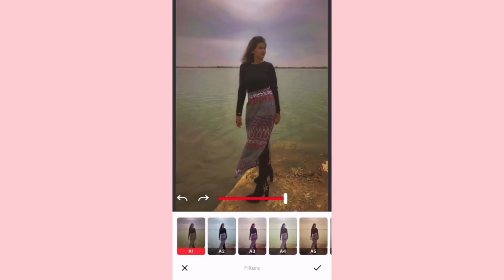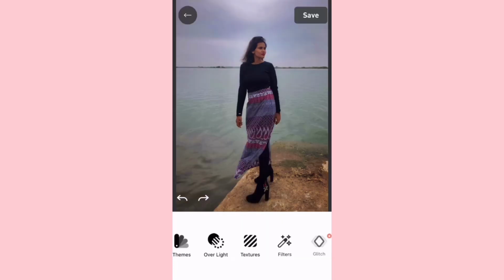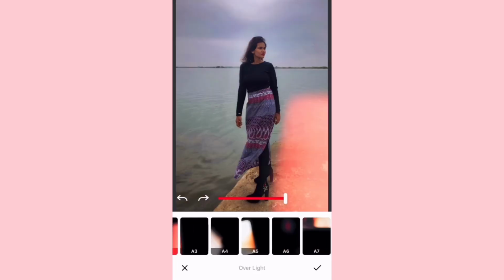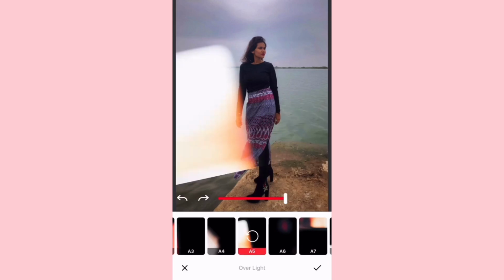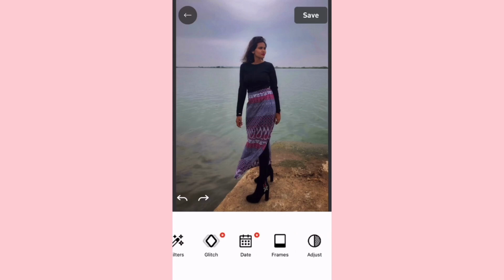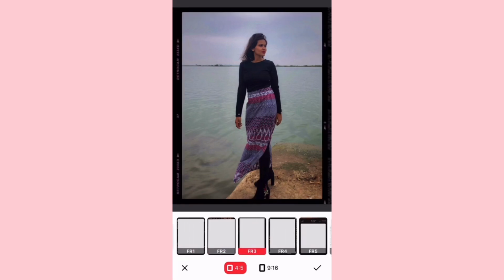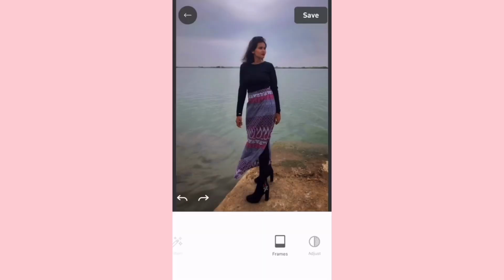There are some ready-made filters available to give a vintage look to your pictures. You can add lights, extra lights to your picture, but this feature will look good in dark pictures rather than in light pictures. If you're looking for some frames, movie kind of frames, then yes, you get that also in this particular application. So yes, this is also one of my favorite applications.